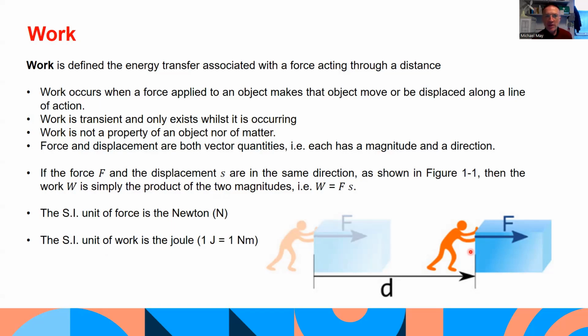An interesting aspect about work is that when you stop pushing that box across the room, work no longer exists. It's a transient property, so you can't store it or harness it for later use. Force and displacement are vector quantities, which means they have a magnitude and a direction. So when the force is acting in the same direction as the displacement, it's simply a matter of multiplying the two of them together. But when the force is, let's say, acting at an angle to the displacement, the maths